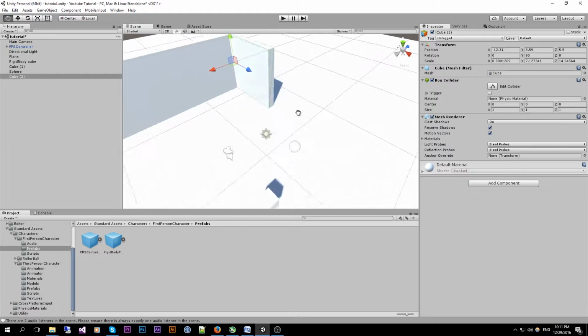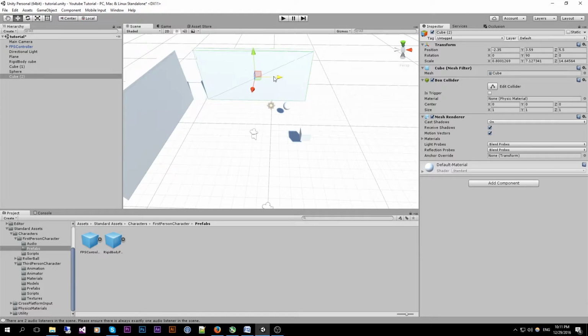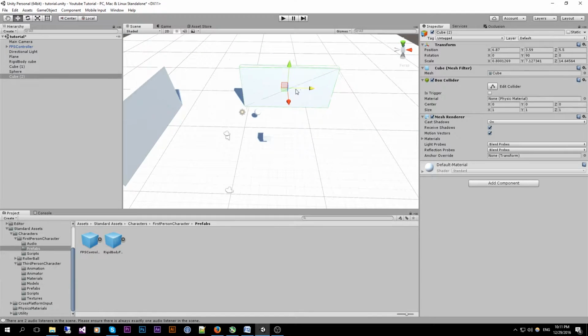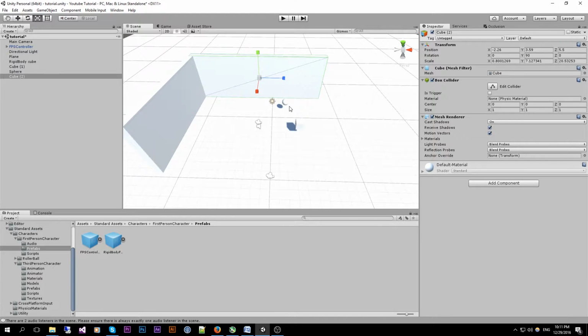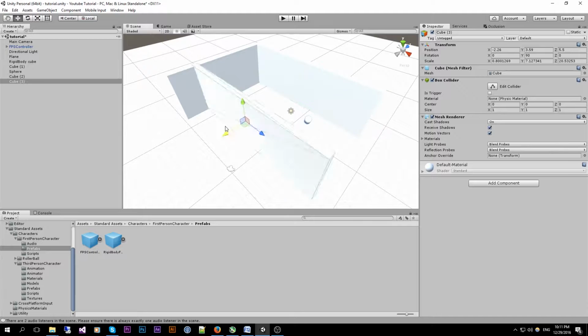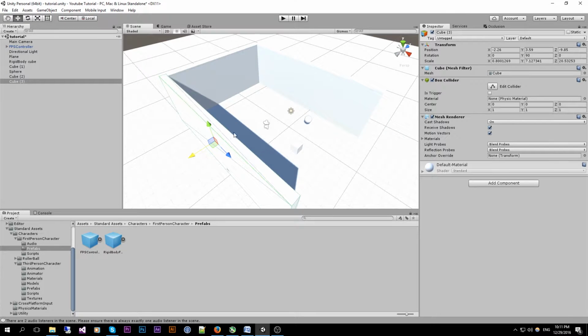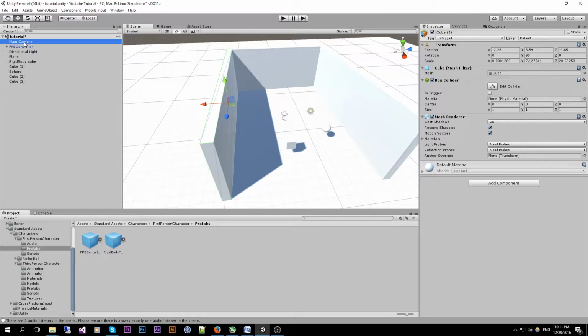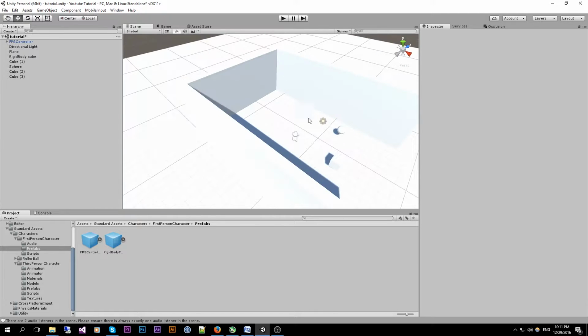Let's create a small hall over here, like this. And also delete the main camera.